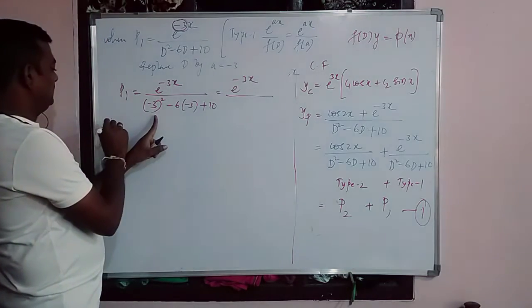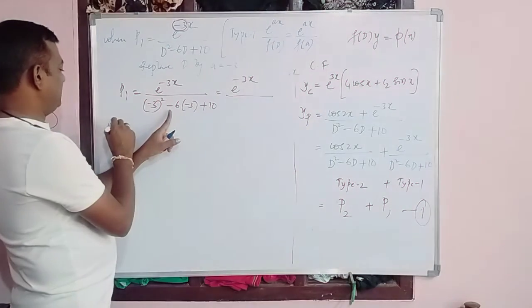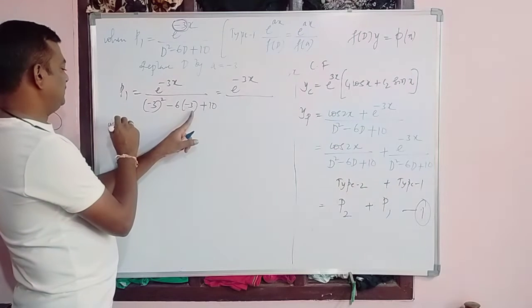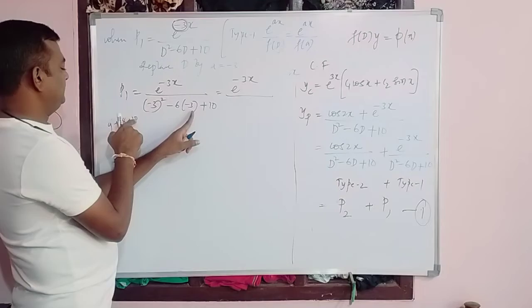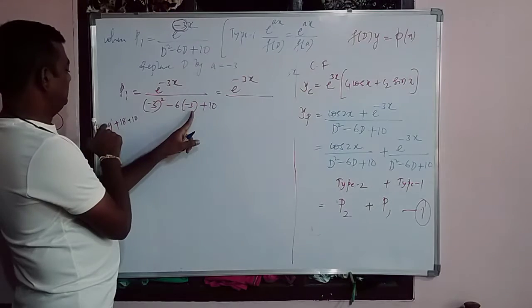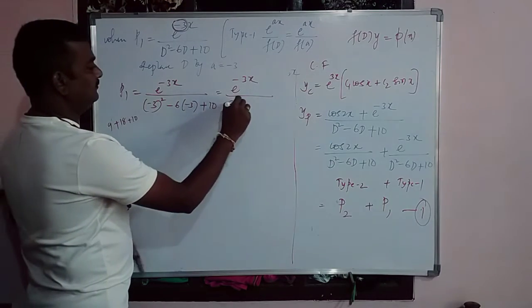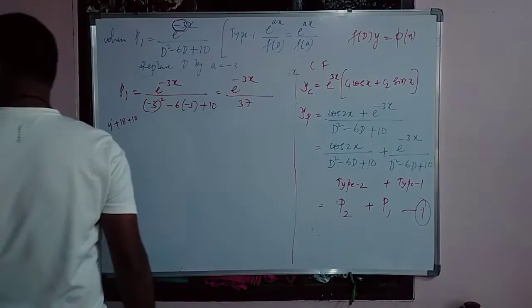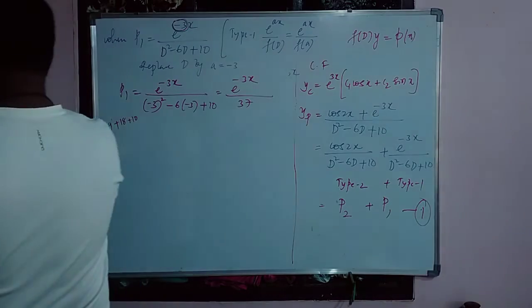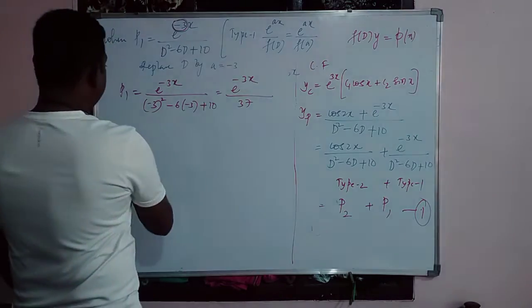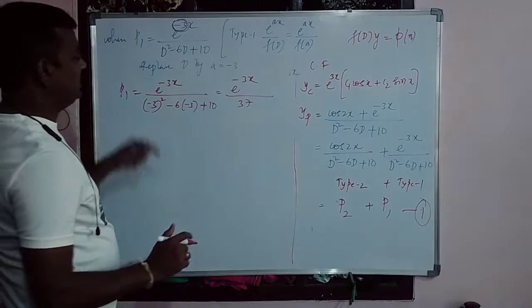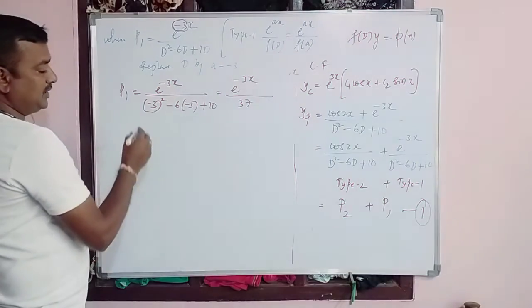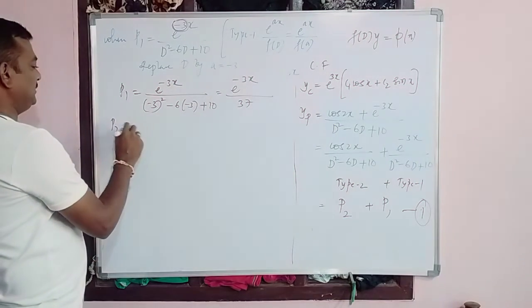So this is e raised to minus 3x divided by 9 plus 18 plus 10, that is 37. So e raised to minus 3x divided by 37 is the particular solution of P1. Similarly, let me go for type 2, where P2 is equal to